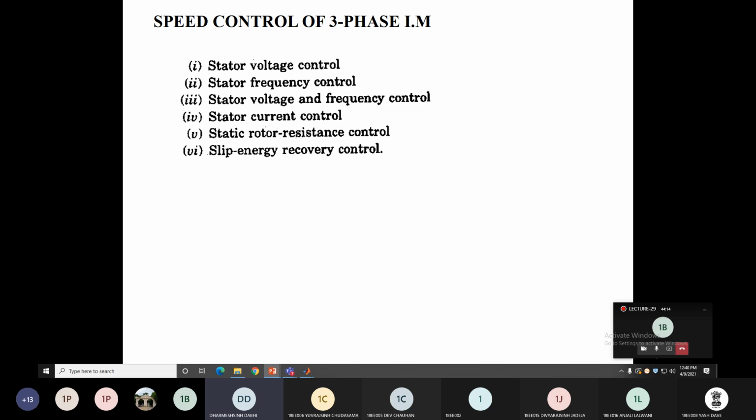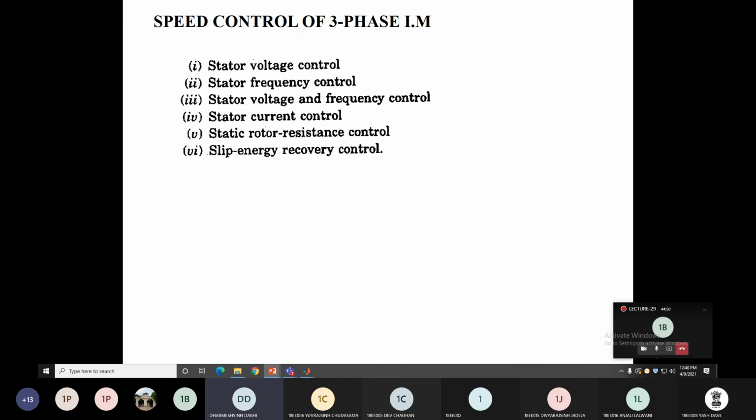A three-phase induction motor is generally suited to fulfill the demand of loads which require constant speed. But in several industrial applications we require adjustable speed for efficient operation. So the objective of this chapter is to understand the principle of speed control techniques we use in the three-phase induction motor through the use of power electronics converters. Through the power electronics converter, there are various methods by which we can control the speed.